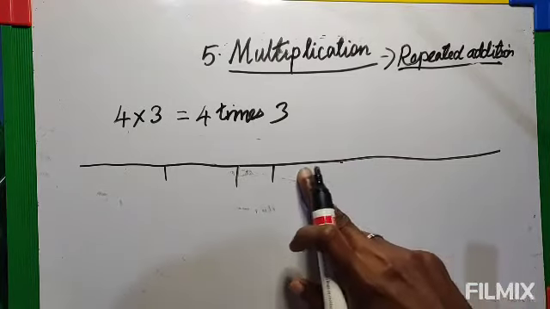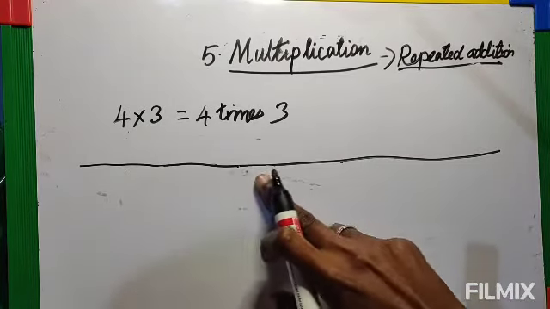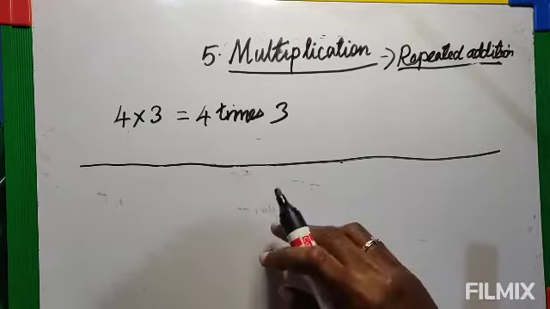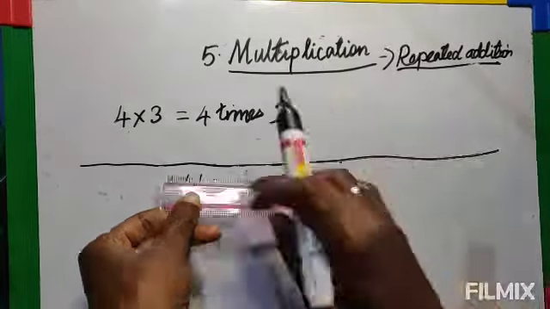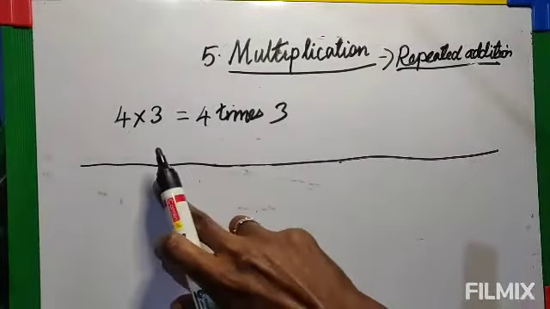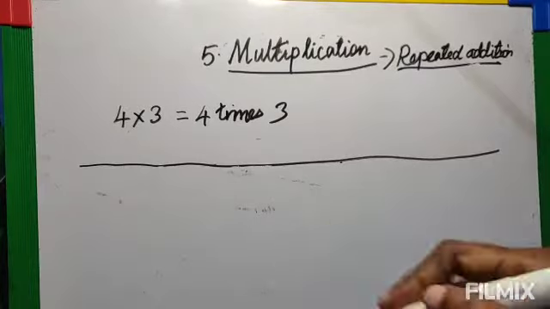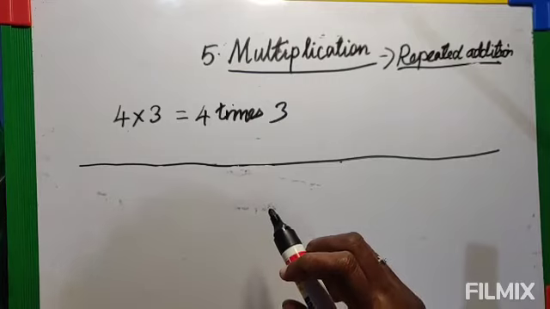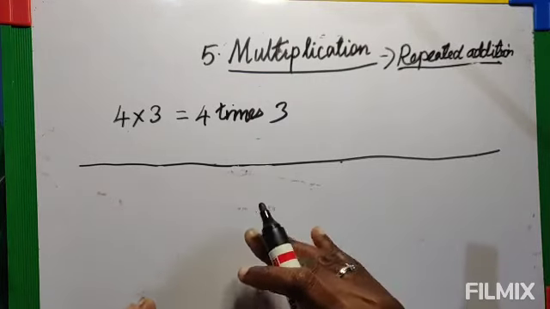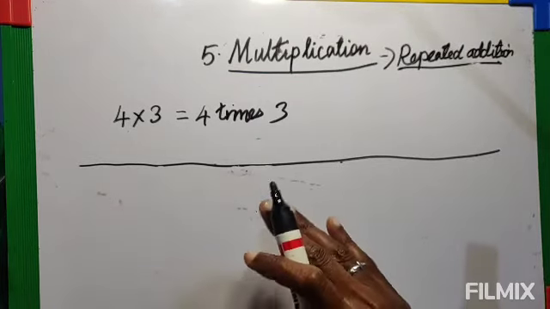So the interval must be equal. Use the scale. Now here at 0 you keep a dot, the first one, again at 1 you mark the next one, again at 2, again 3. That way you mark, so the interval will be equal. But here I cannot use a small scale, so I am taking my own. Sometimes it will be a little far or close by, so don't look at it, you do it by yourself.